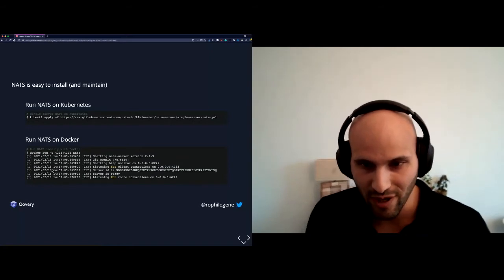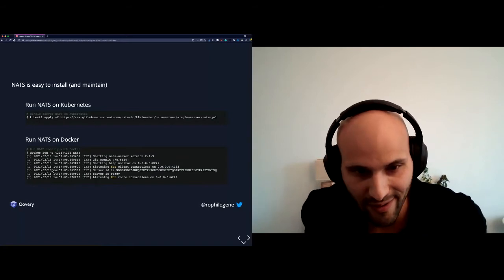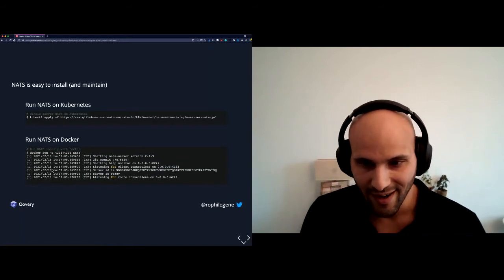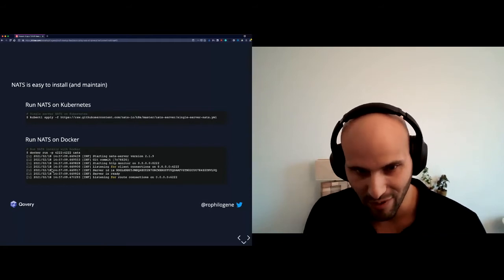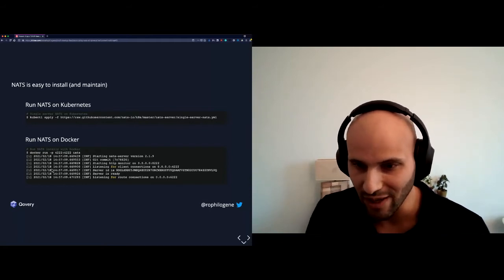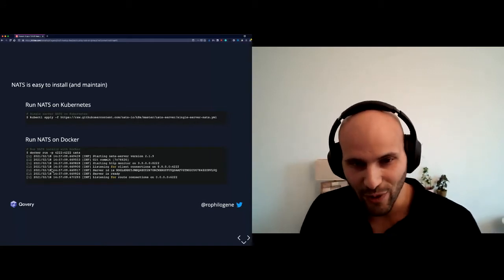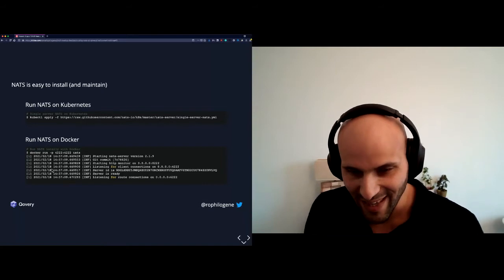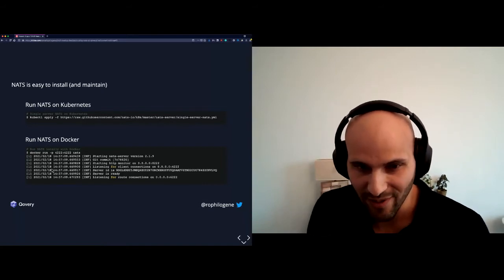And you can see that in just one line of command, you can install and use NATS. I'm going to compare a lot with RabbitMQ and Kafka because I know that people are used to working with those solutions. If you compare to RabbitMQ and Kafka, you can see that it's quite easy to do.